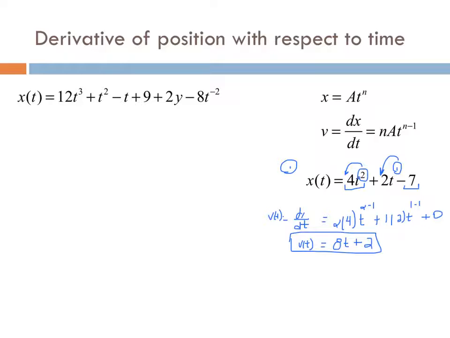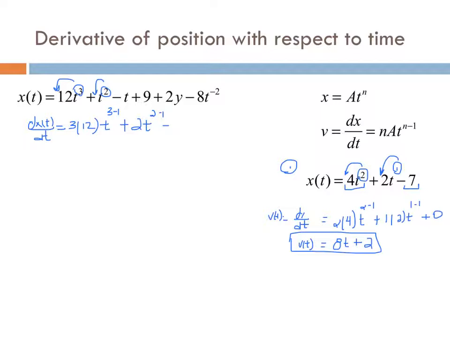Now for this one on the left-hand side. Again, taking the derivative of the position function with respect to time. We look at that exponent, bring it down to the front. That gives us 3 times 12t to the 3 minus 1. Always your exponent minus 1. Plus, bring that down to the front. That's 2t to the 2 minus 1,